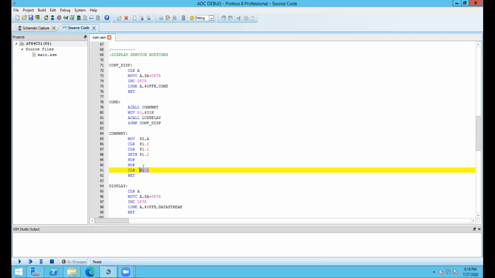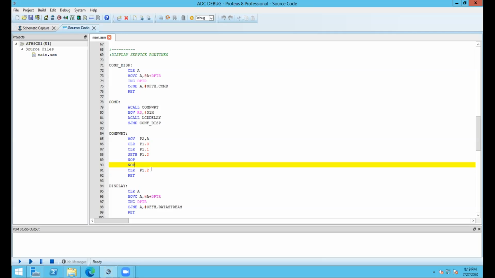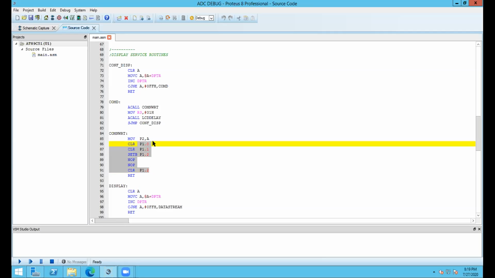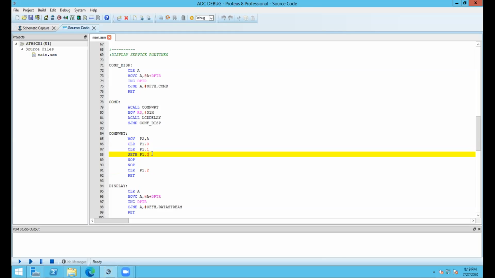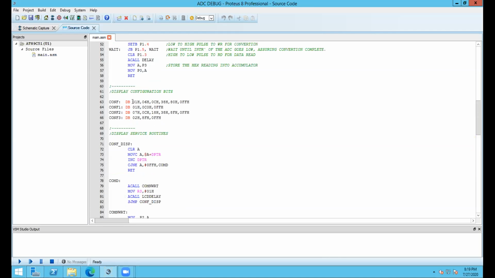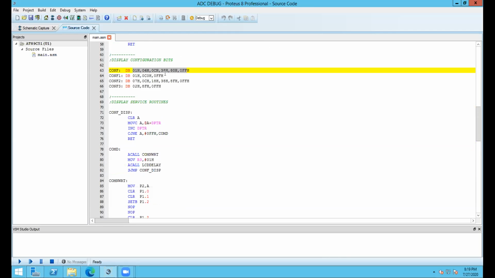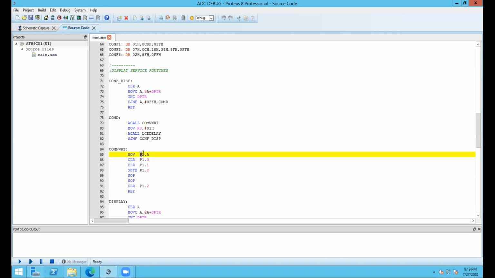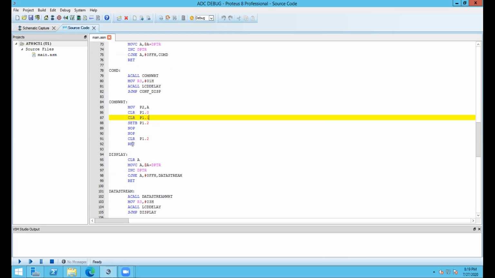This sequence, you have to hard code, because this is the specific writing sequence for this LCD to let the LCD understand that we are going to send some command, not data. These things are configuration commands. We are sending these configuration commands to port 2 from the accumulator by sending these signals to the configuration pins.